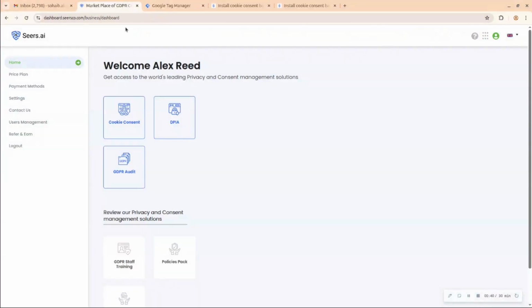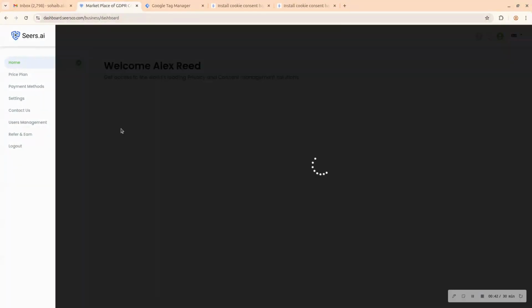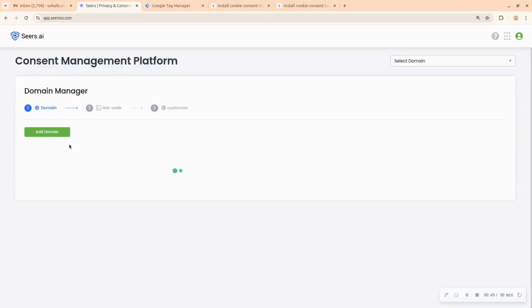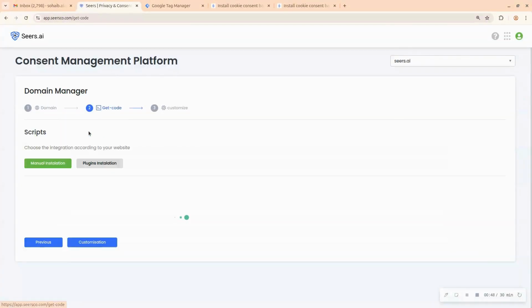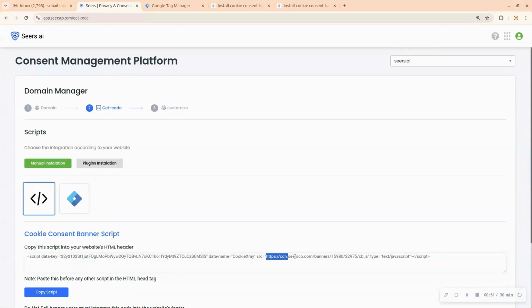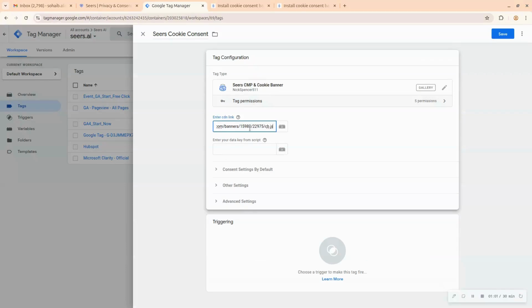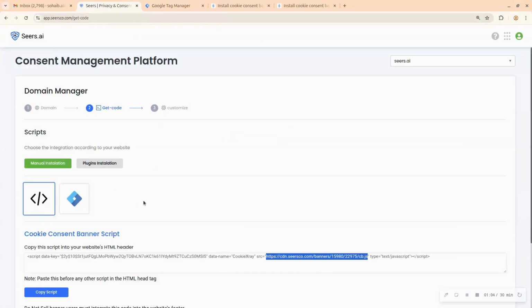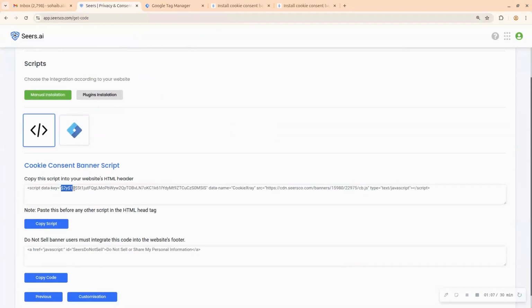To get the value of both input fields, log in to your Seers account and click on Cookie Consent. Select the domain and then click on Get Code. You'll see the following screen with data key and CDN link. Copy the CDN link from the script and paste it into the CDN link section in GTM. Then, return to the Seers dashboard, copy the data key link from the script, and paste it into the data